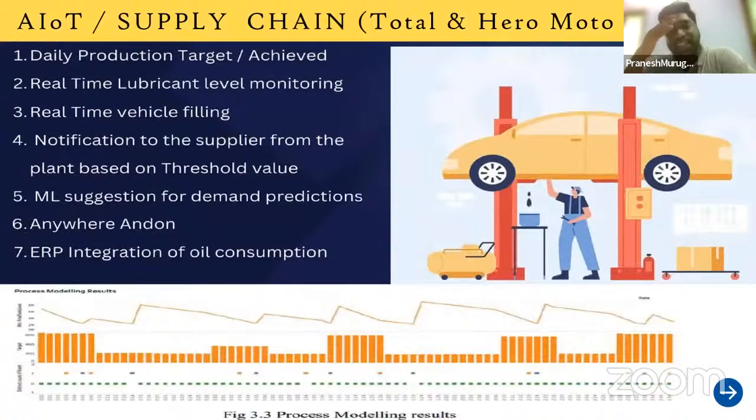So these are some of the case studies apart from industries. How are we providing the AIoT solution for supply chain? In this case study, Total Oil is supplying oil to Hero MotoCorp. The case study is that they use oil filling for every new vehicle. They have to fill a particular oil. For example, if we take 2 liters of oil, they have to fill it in the new vehicle, and then